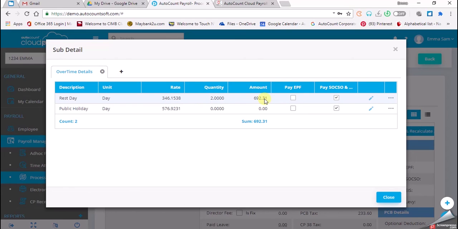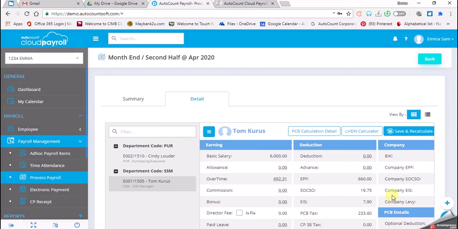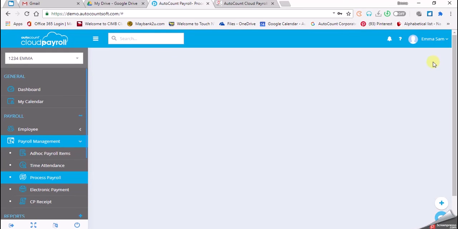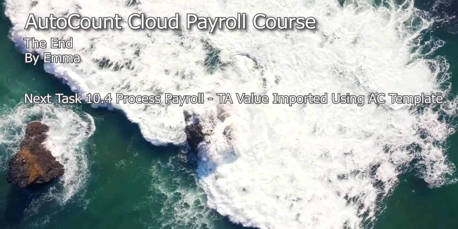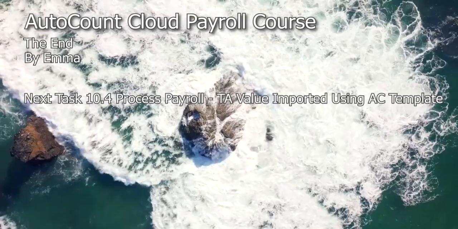So this is the amount that Tom Cruise will receive for the overtime. So close this one and click on back. So we have done processing the payroll for Cindy Lauder and also for Tom Cruise. To see the result on the